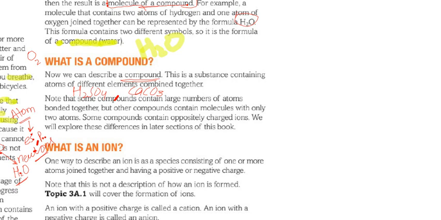One way to describe an ion is a species consisting of one or more atoms joined together and having a positive or negative charge. Suppose we say Na. Okay, sorry. We have